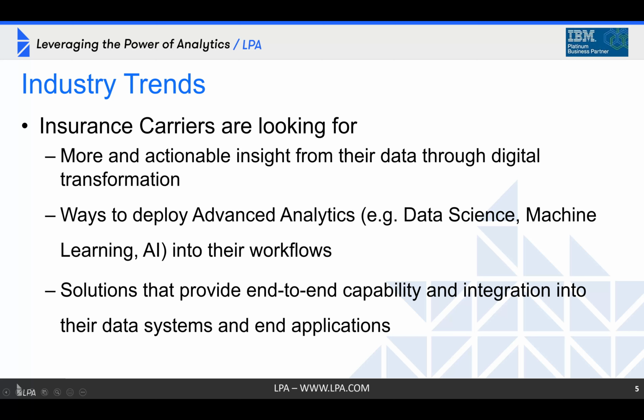The second thing that we're seeing is that carriers are looking for ways to deploy advanced analytics into their workflows. Most of what we're seeing is that insurance carriers may have either one or two or a team of folks who are engaged in building some predictive or machine learning models, but they get stuck when it comes time to operationalize those models. And so we're seeing a real need for assistance in deploying assets into an operational workflow,